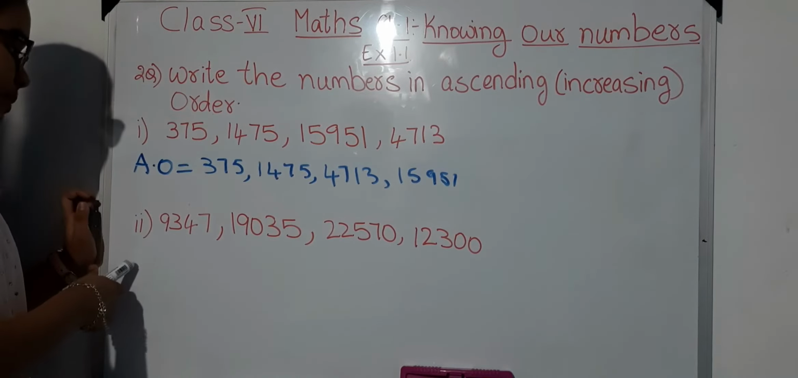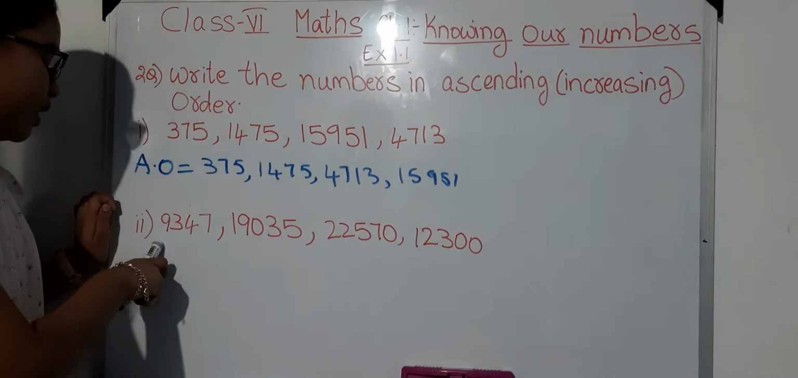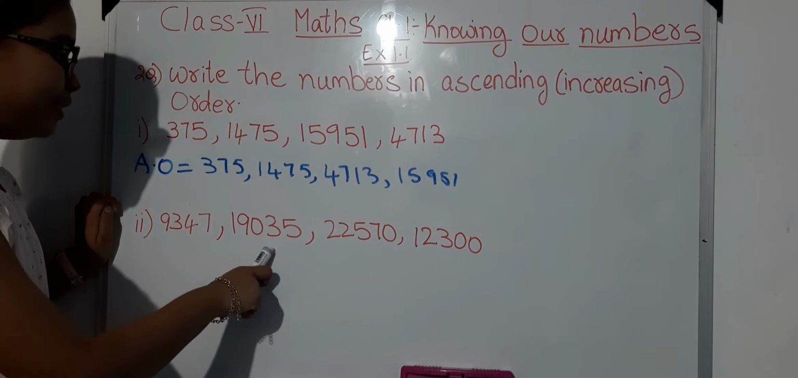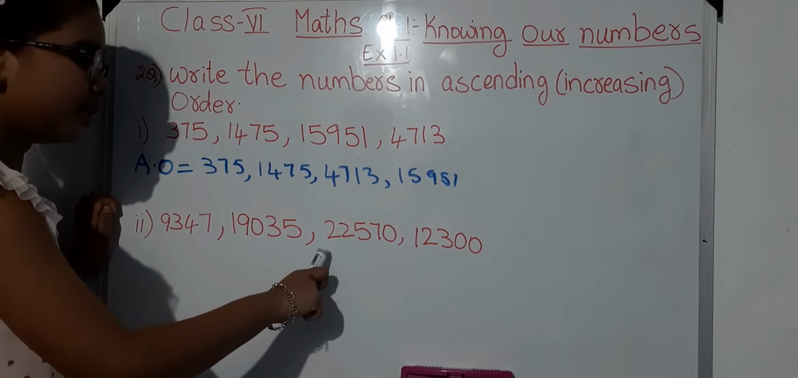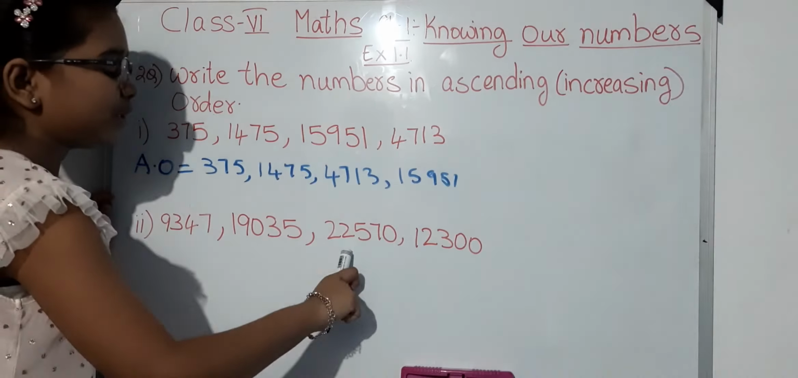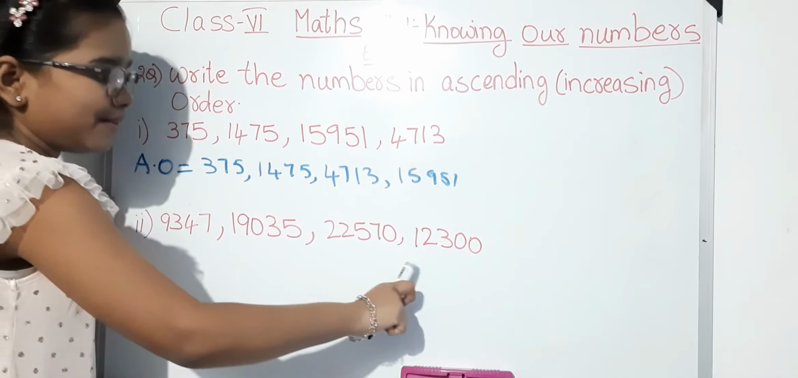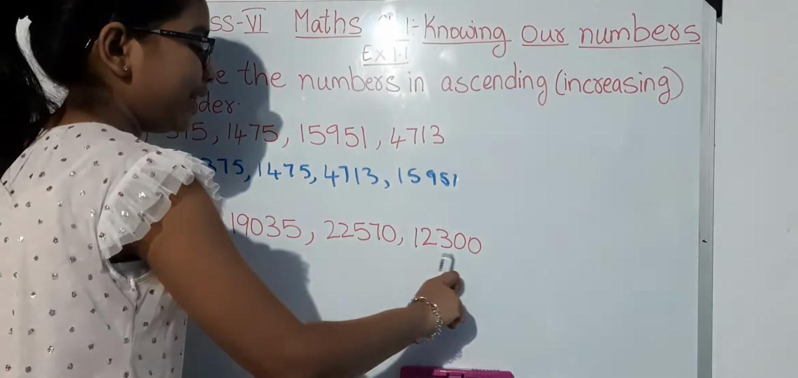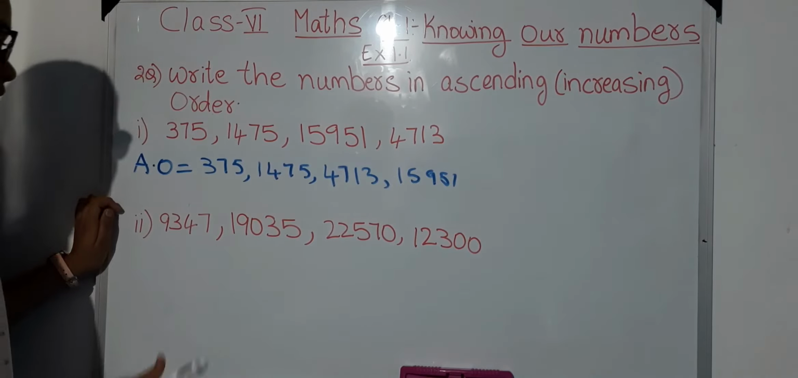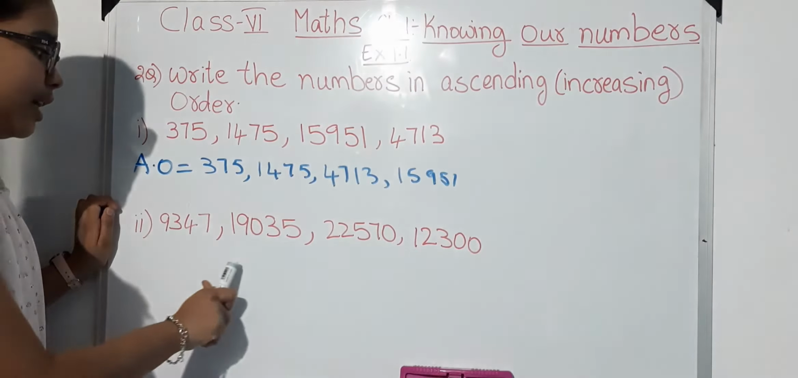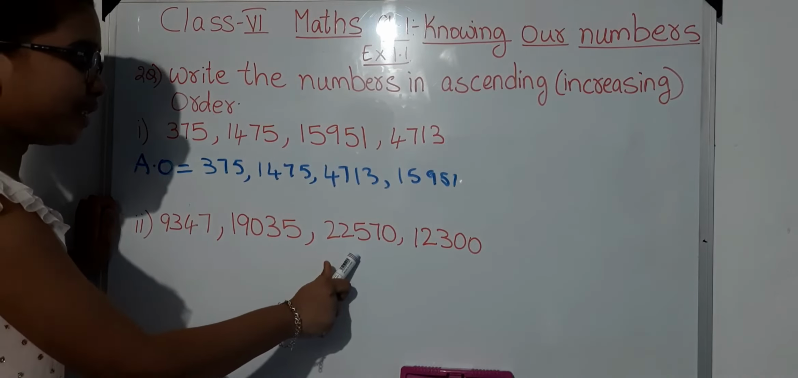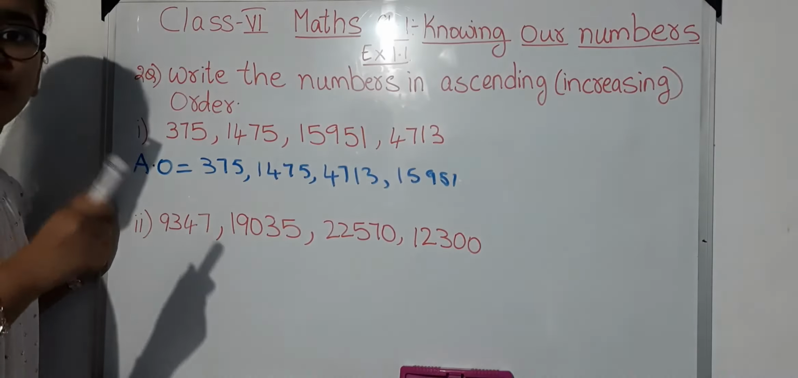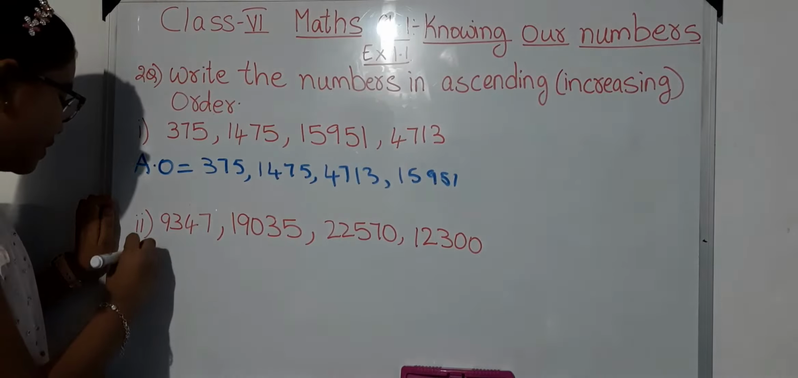Now the next problem is 9,347, 19,035, 22,517, 12,300. In this, here a 4-digit number is there, and here 5-digit, here 5-digit, and here also a 5-digit number is there. So the 4-digit number is the smallest. So first we have to write